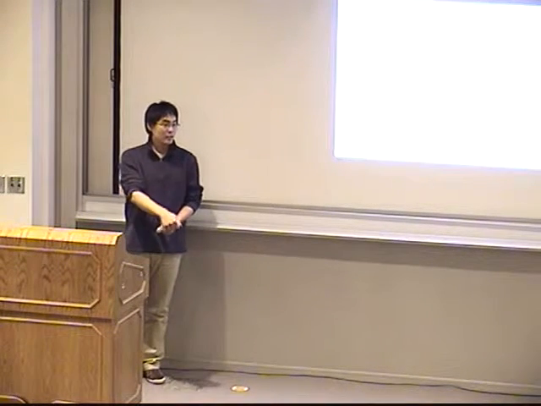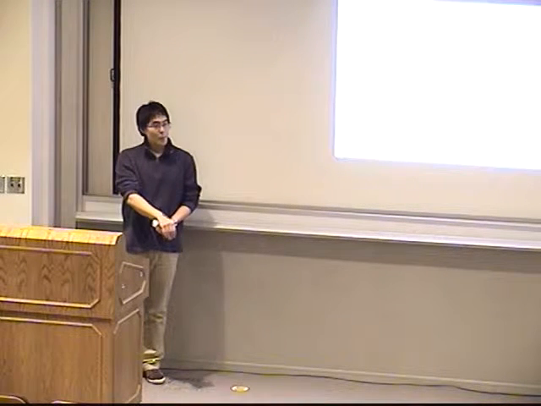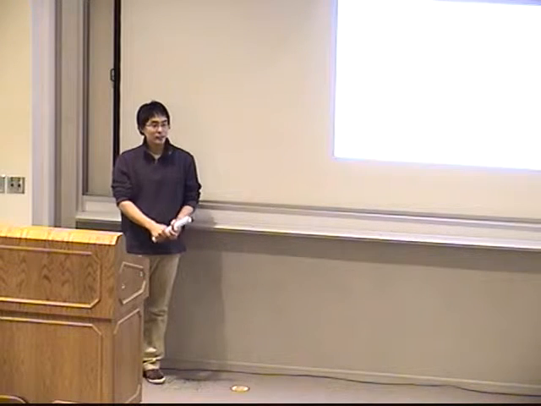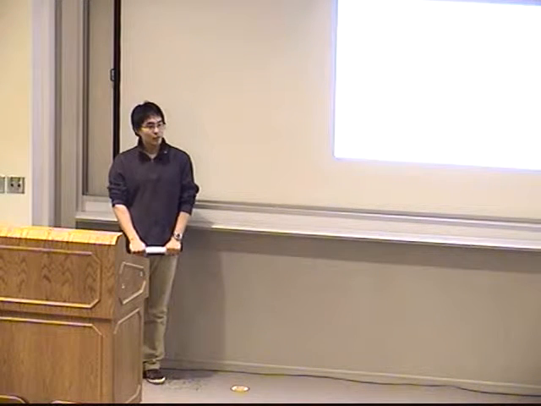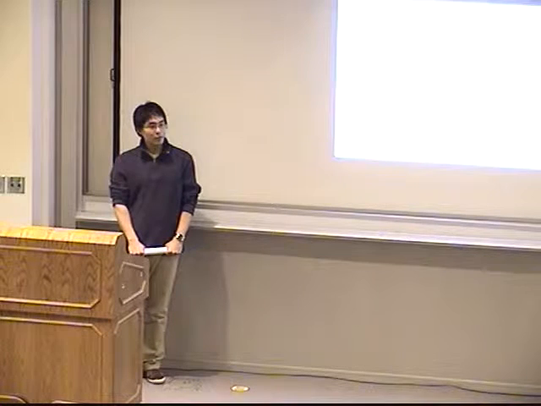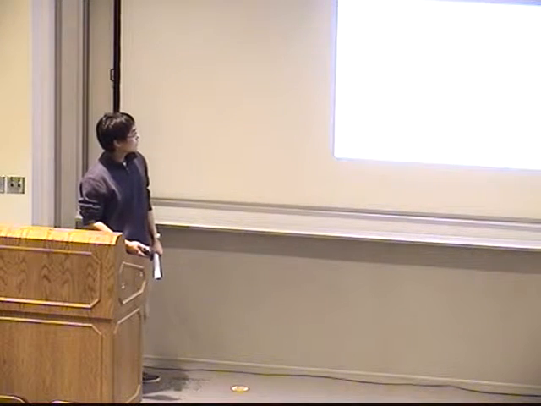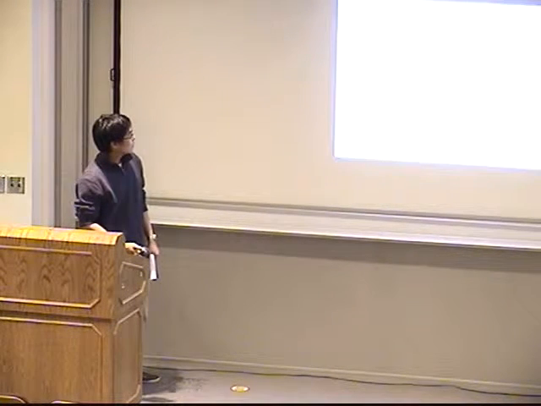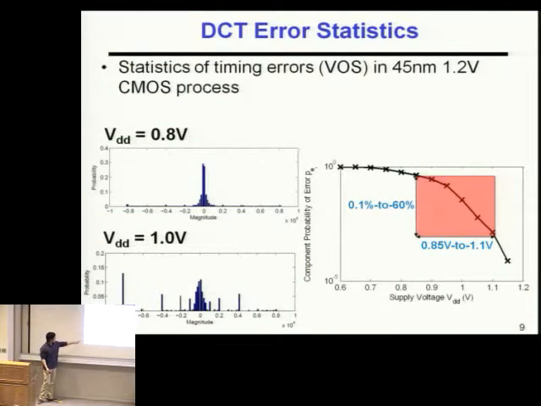Yeah. So, I guess you said about the memory that you have to use a lot of memory to store the hypothesis, right? The error statistics, yes. Is there some way to model it in some way? I mean, in the way you had plotted it, it looked like some kind of Gaussian or something fitted. Actually, VOS errors are very spiky in nature,